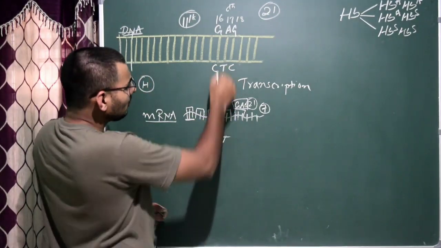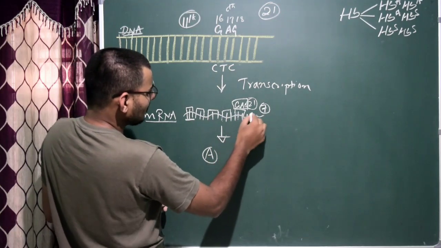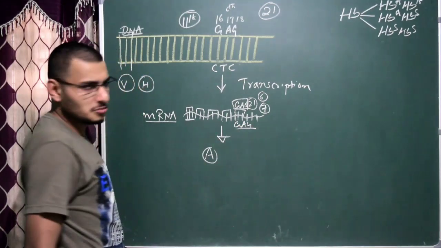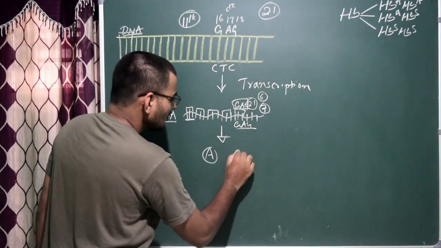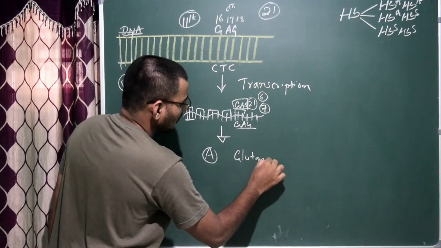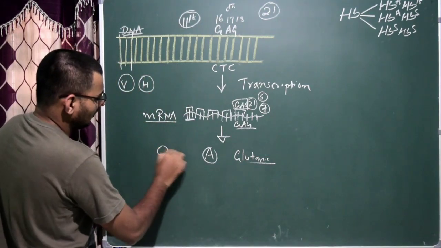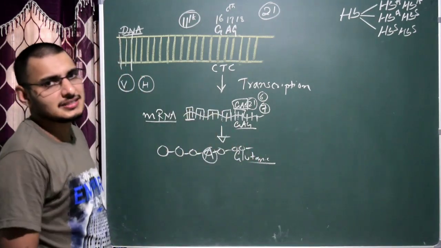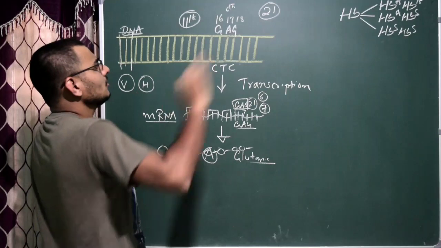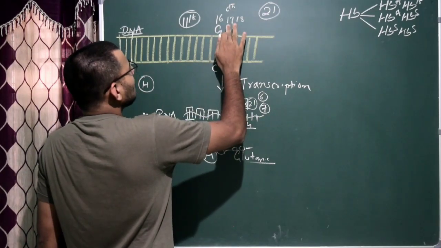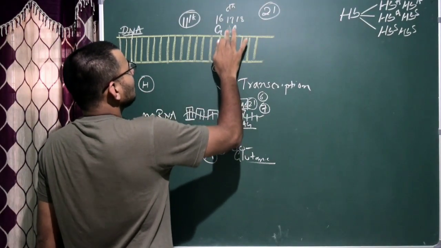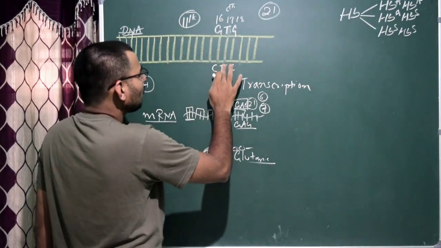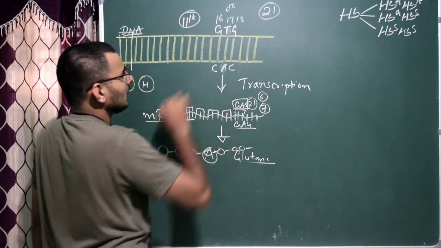So here, when you come to the sixth codon, what you see is GAG as the nitrogenous bases. This GAG produces glutamic acid, and ultimately you see a chain like this. So the sixth one is glutamic acid. This is normal. Let us assume that a mutation has taken place, and ultimately what you see is that instead of A, it is replaced by T. This is point mutation. Instead of A, what we see is T.